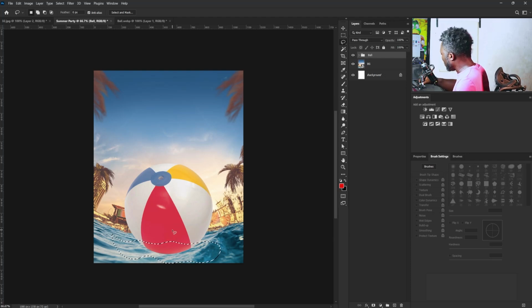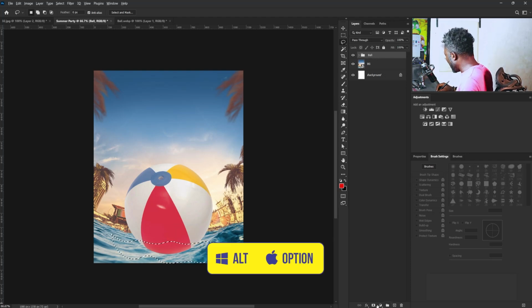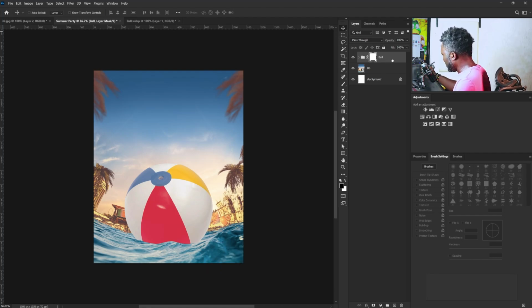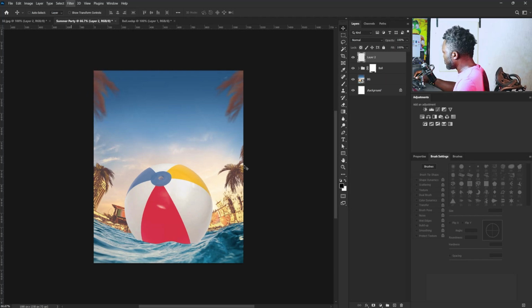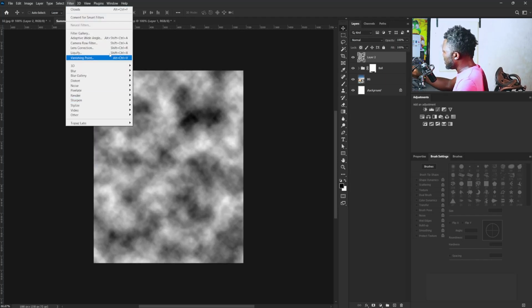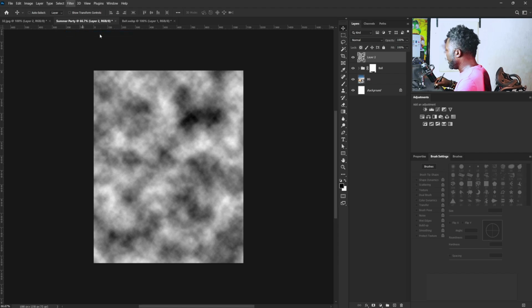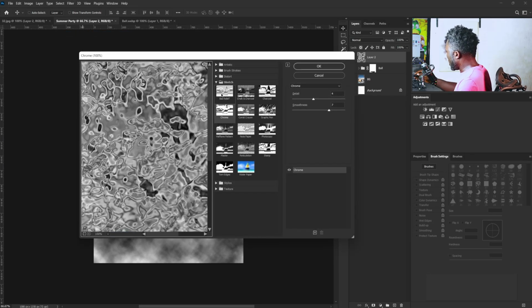All right, so I want to see the reflection of the ball on the water, so I'm going to hold on Alt and click on the layer mask icon there. All right, then the next thing I'm going to do is to create a new layer, and I'm going to make sure my background and foreground here is set to black and white. It's very important. All right, so I'll go to Filter here now, and I'm going to say Render and say Clouds. Okay, then we'll go to Filter again and say Filter Gallery, like that. Then I'm going to make sure that I'm on the sketch option here, and I'm going to select Chrome. So my detail is going to be 4, smoothness is going to be 7, and I'm going to select